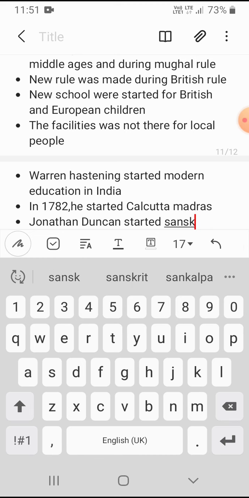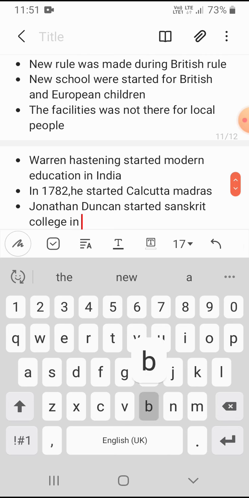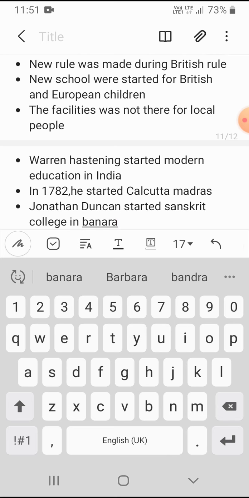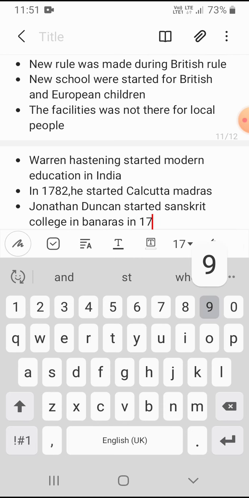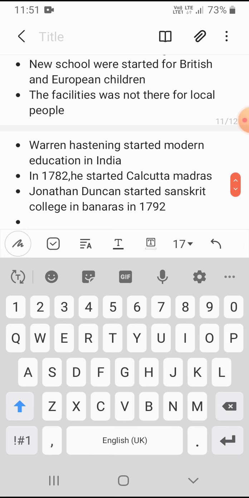He started Sanskrit College in Banaras, in 1792. After that,